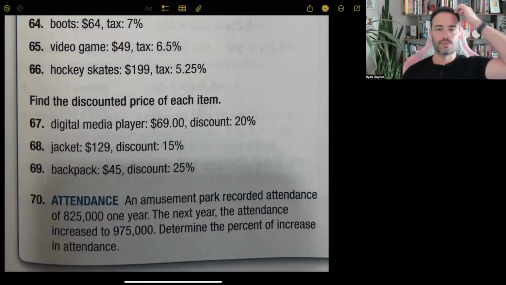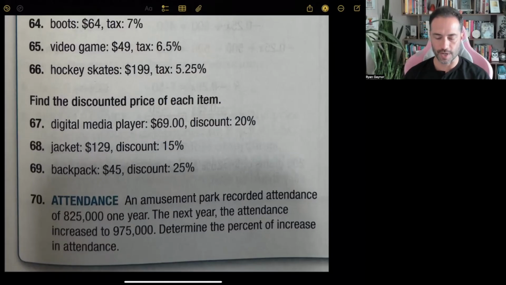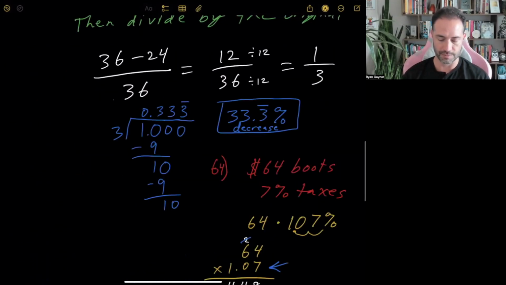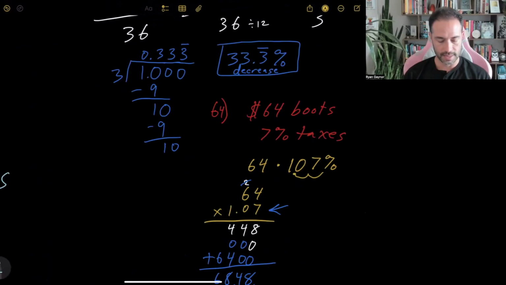Number 66, we've got hockey skates for $199, and the tax is 5.25%. All right, this is good because it's got a decimal inside the percent, so it's a slightly different problem. Here we go, $199, tax is 5.25%. Okay, $199. This is number 66, and the tax